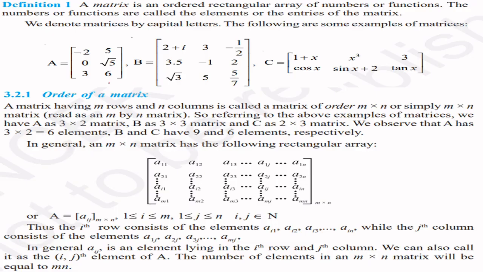Now some definitions, starting with the very basics of matrices: what a matrix is, what its representation is, and what its elements are called. We have matrix A, matrix B and matrix C, and they can be of different sizes. Like three rows and two columns, which we call 3 cross 2. This is the row and this is the column. We can remember it as RC. If there are 3 rows and 3 columns, then we say it is a 3 cross 3 matrix.